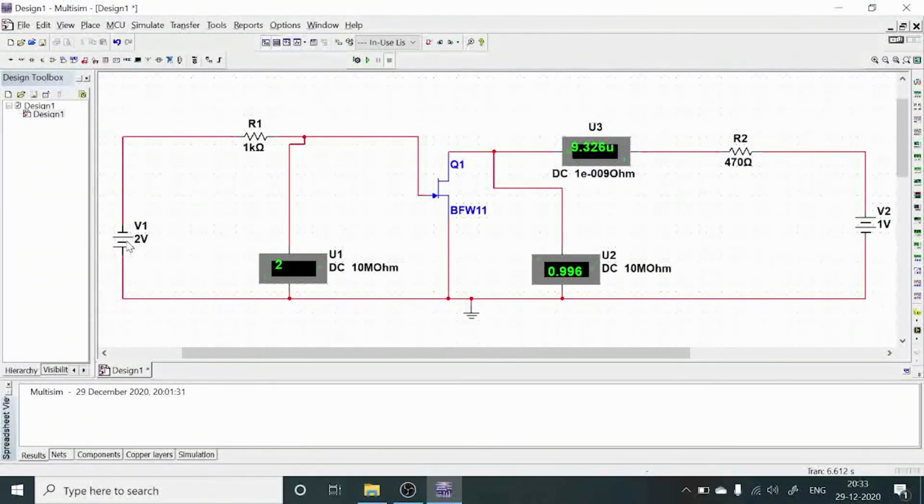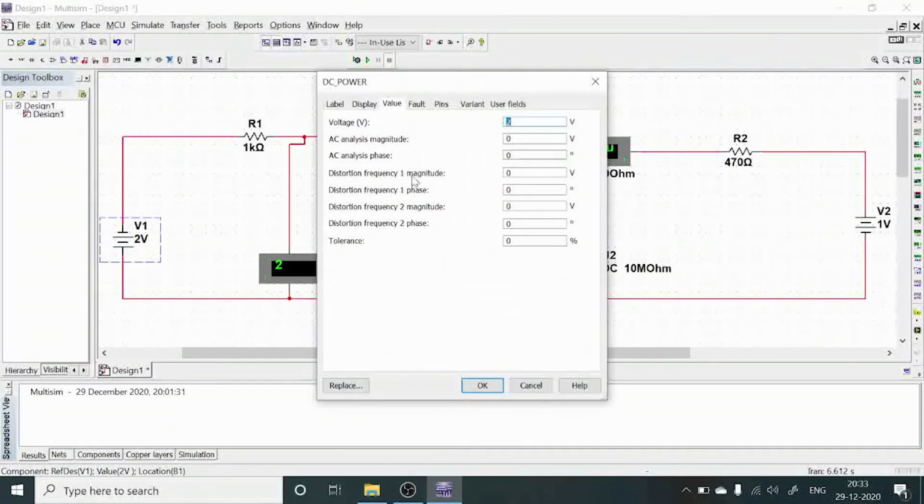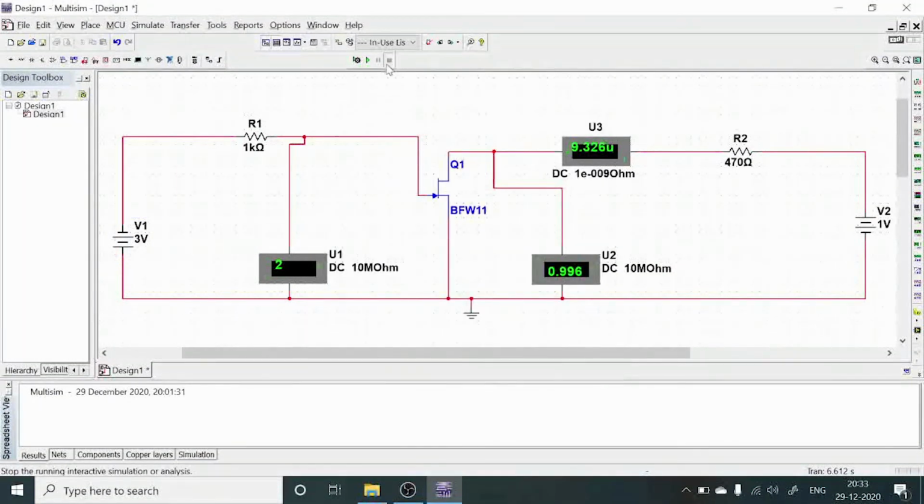Similarly, you can change from 2 volts to 3 volts. Then select OK. Then simulate this one. Now you can note down this drain current as well as your gate to source voltage here. So now this gate to source voltage is 3 volts, and the drain current is 0.111 microamperes.